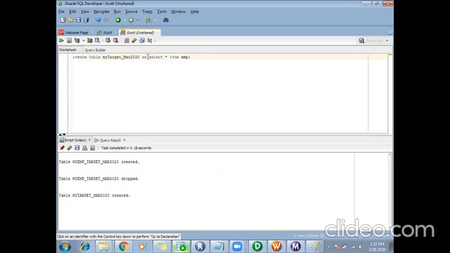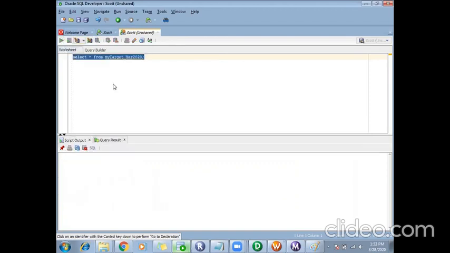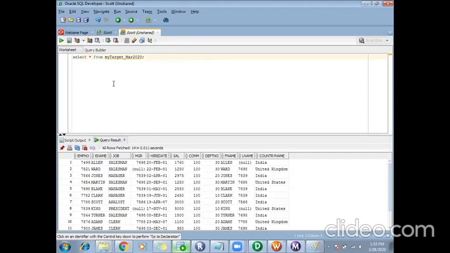So the table is created. You can also do the same thing. Once you import the Scott schema, you can create one table also in the same fashion. So this is my target table.